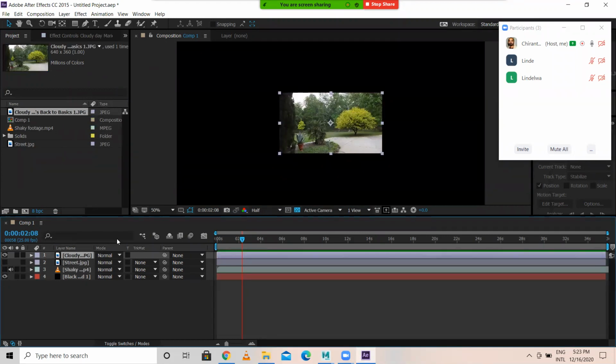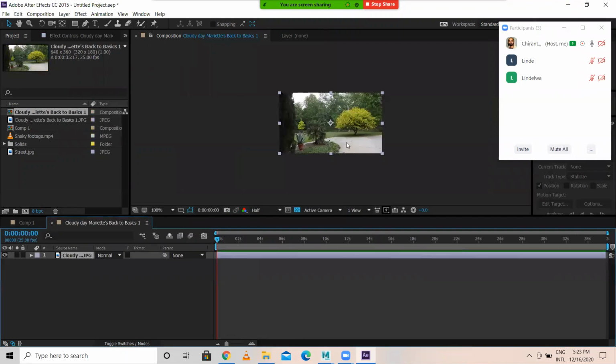Then again it's simple, or else just import this. You get a new composition.